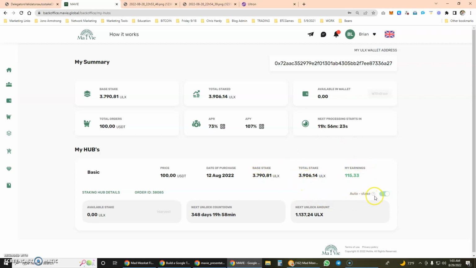Oh, the auto stake is there. So you definitely want to keep that on, and I wish they would lock that because I don't want to accidentally turn it off. They've added a whole lot more. This apparently just happened right in front of our eyes. They've added a whole lot more information. This is the unlock amount I'm going to get after my first year. I don't know if this is going to stay the same or go up or what's going to exactly happen here, but I want to keep my staking going